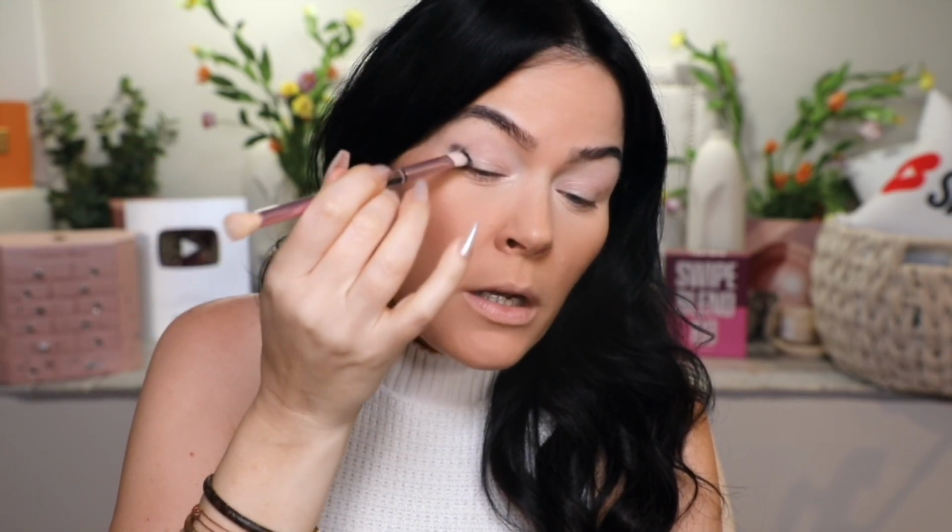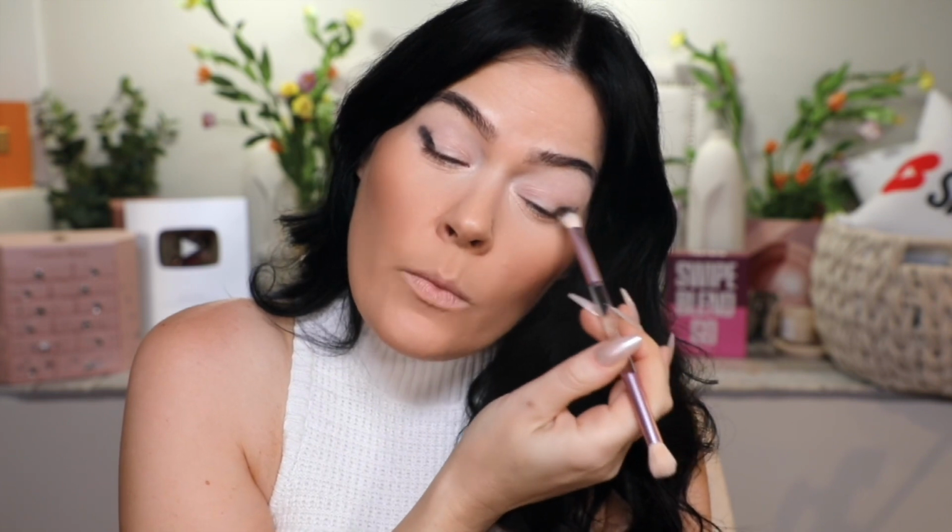So ooh, there's a beautiful black tone in here. So let me put some of that black on actually. I don't know why, I just feel called to put some of this black on. So I'm gonna take this kind of shader brush here, and I'm just gonna do kind of like a wing like that. I don't know why, I've never just dipped into black like that, but that's the fun of makeup,